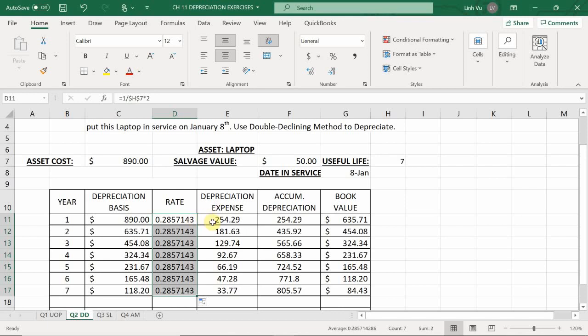In this case, right, we get $254.29, which lowers my book value down to $635.71, which I cell referenced, so it copied that over. And then again, if I multiply that, it's going to be 181, which brings my accumulated depreciation to be $435.92, which brings my book value down to the